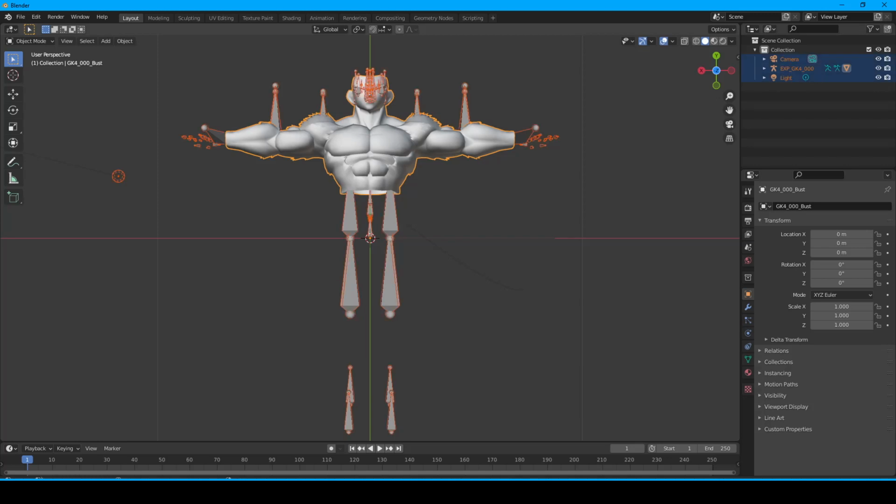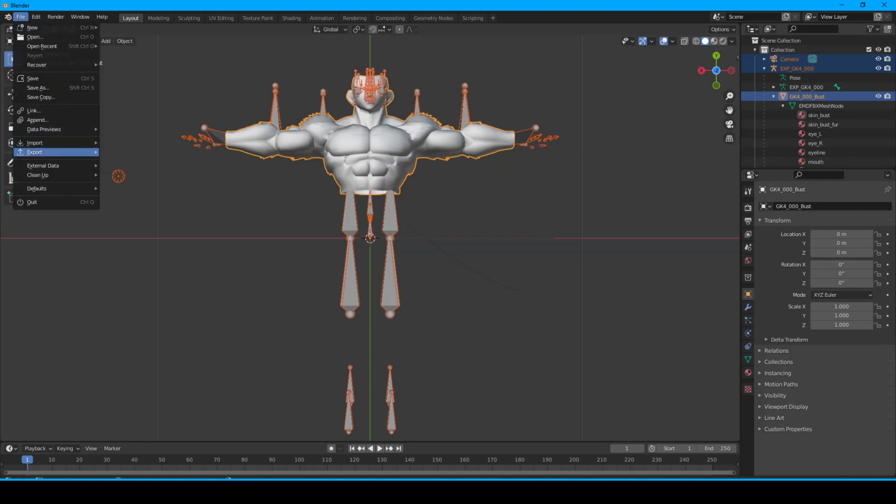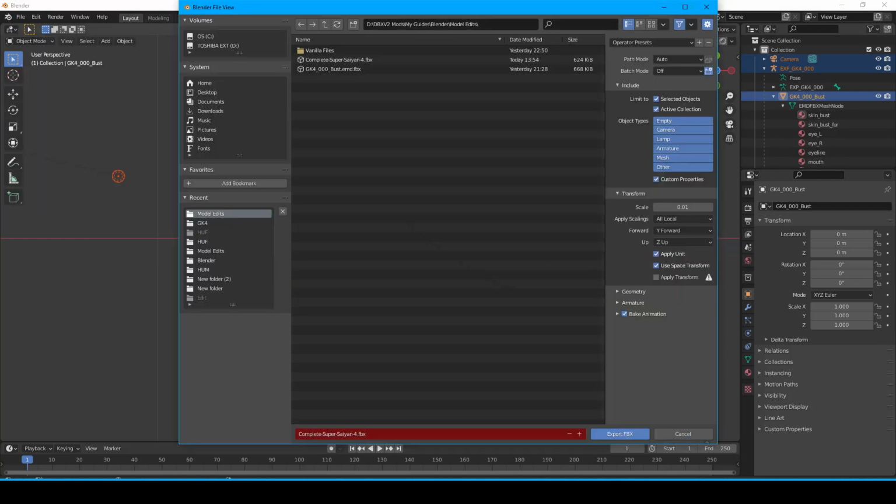So what I'm going to do now, you'll come over here, and you will sometimes have an EMD FBX mesh node dot 123 as an example. Any of these have a few numbers on the end. Make sure you delete the numbers on the end, and then you are ready to export. So what you want to do is make sure you are in object mode, and then highlight everything, including the skeleton, and then go over here to export.